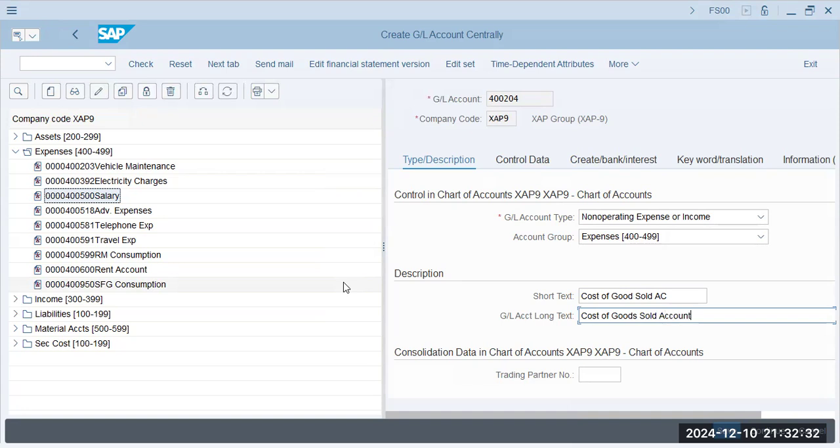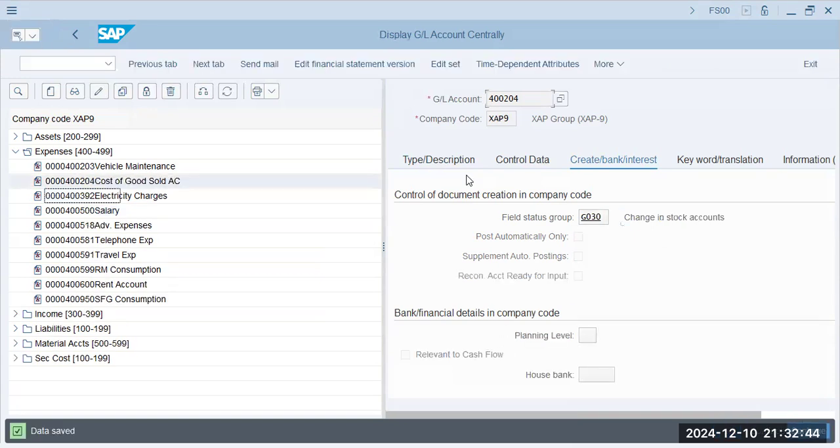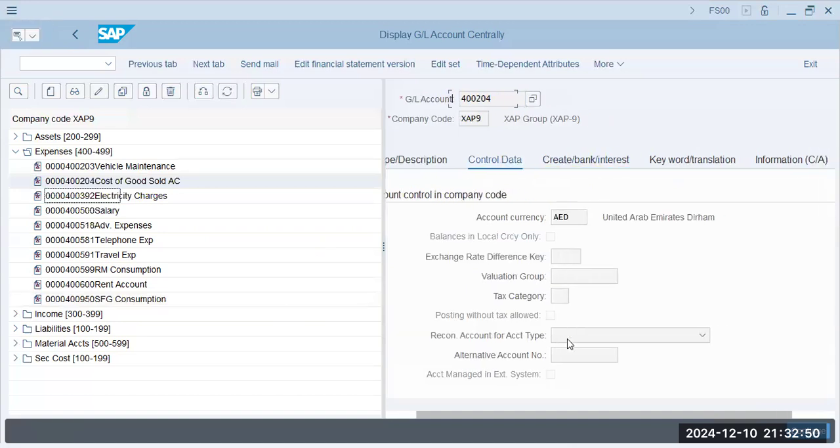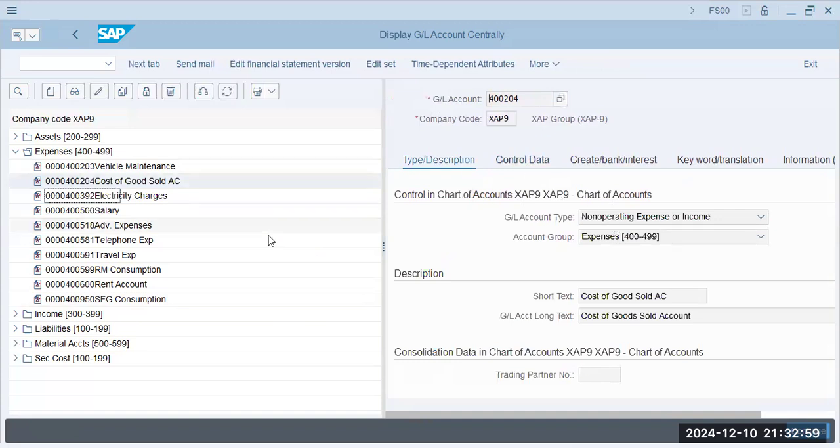Okay, and this will be G030, change in stock accounts, save. Okay, now everything is getting in place. So we did not actually mention any cost elements for this because this is non-primary, non-operating, sorry, non-operating expenses. Okay, now